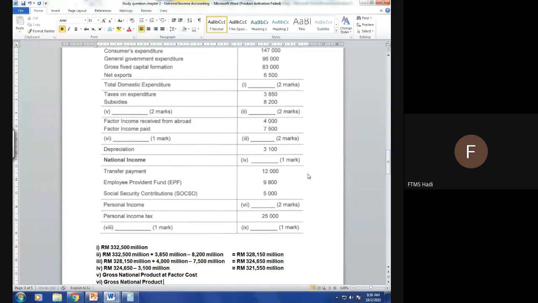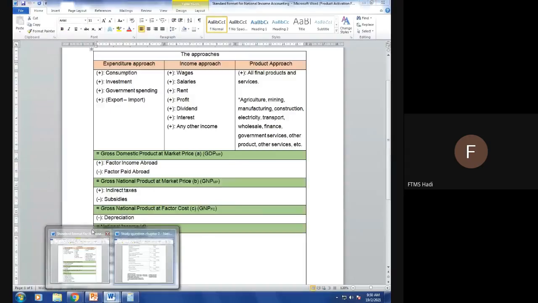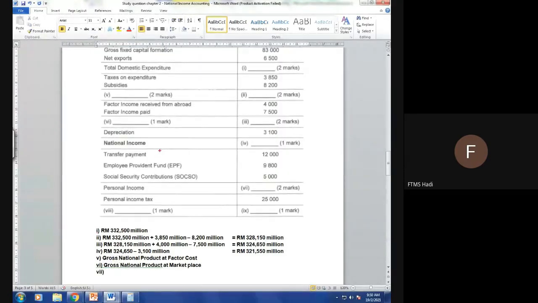Okay. Right, and then question number 7. Okay, national income already there. That means you want to calculate personal income. Okay, go to the format again. Personal income, you see, only add transfer payment and minus everything. So transfer payment you add, EPF you minus. Okay, so from question number 4 that you get, which is RM